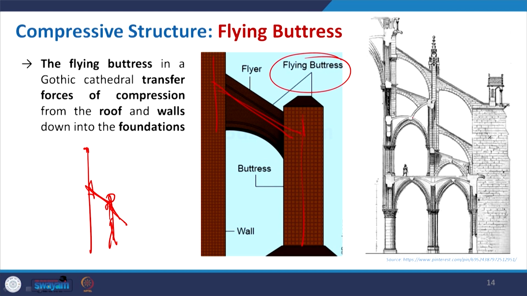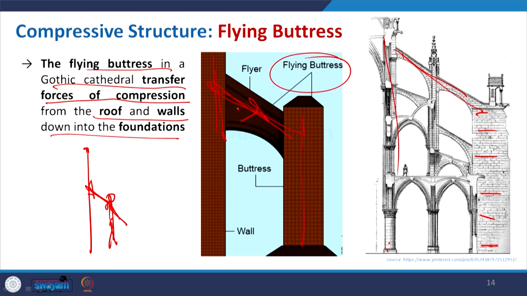So, you can see here also how this particular load bearing structure is again supported with a huge mass and with the flyers. So, the flying buttress in a Gothic cathedral transfers force of compression from roof and wall down to foundation. So, basically whatever the load is there, that is transferred to the flyer and then goes down and finally transfers to the foundation. So, this is a very important kind of compressive structure being used in those